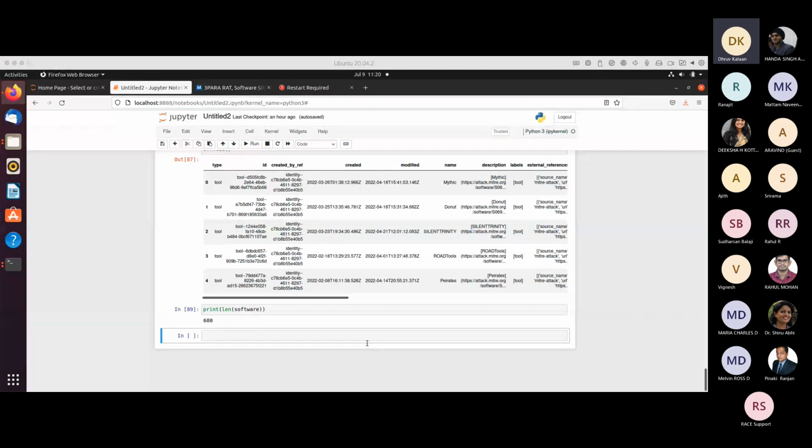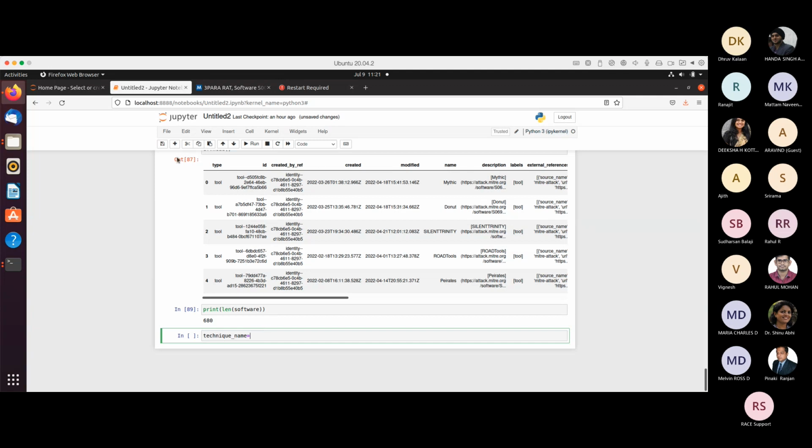Okay, now that we've seen how to collect all data, the second part is that if we want to collect specific data, how do we filter over these aspects of data? So, for example, if I only want one specific technique, if I only want one specific group, how do I do that? In that, basically, what we need to do is let's just define,